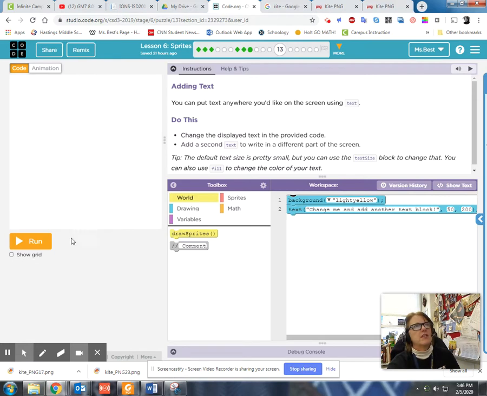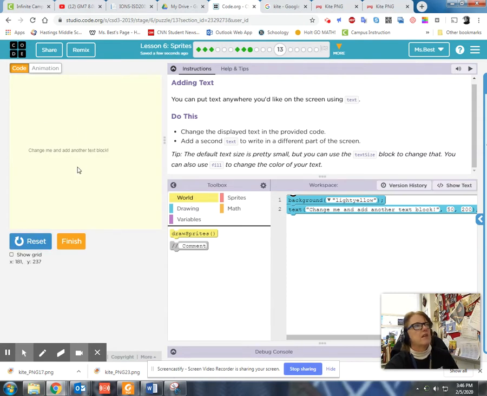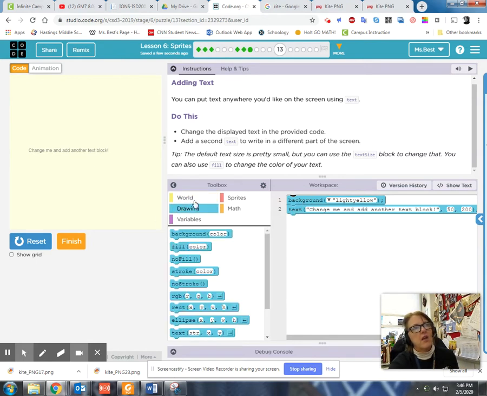Here we are at 13. Add text. You can put text anywhere you'd like on the screen using a text command. Change the displayed text in the code provided. All right, so look at this. Just kind of a blank screen. Notice what I've got in there for code. A light yellow background. And then in drawing, now I see that there's a text command,